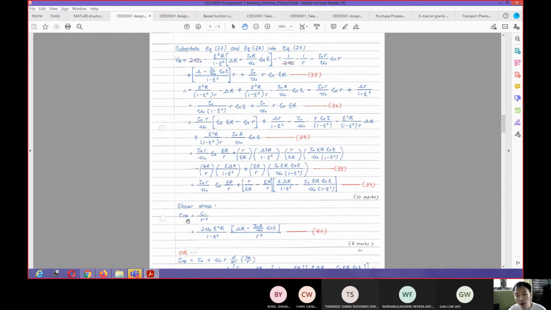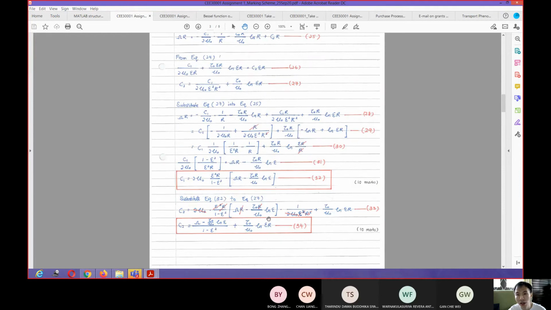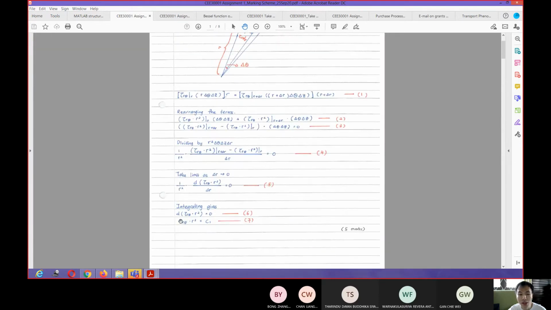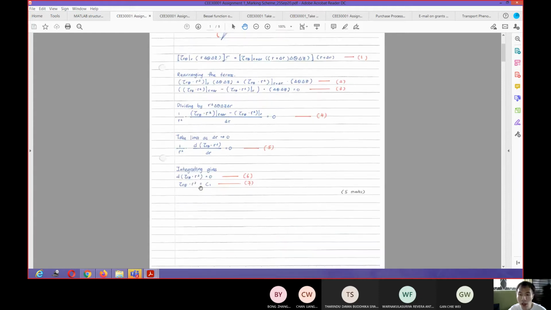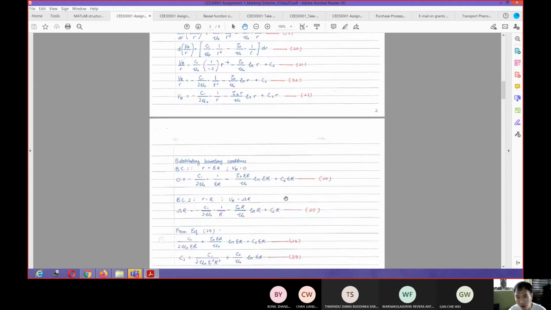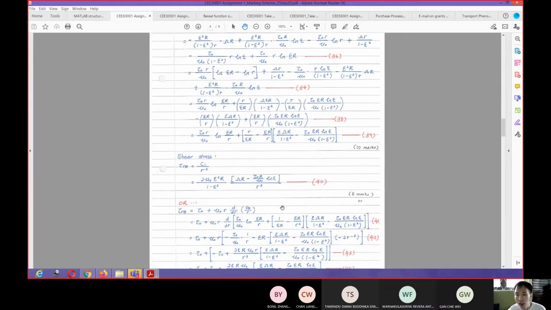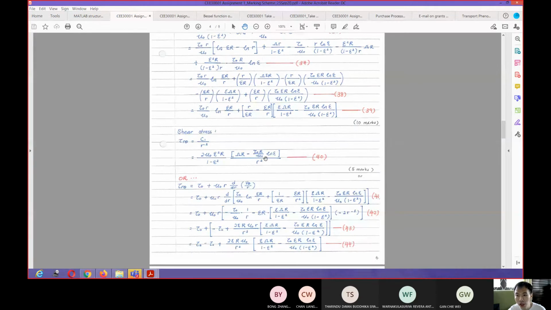And then in a similar way, you get your Tr-theta here will be equal to C1 divided by r squared. You get this by substituting. If you have derived the C1 already, then you just plug in. You go back into these equations, then you get this Tr-theta. That one will be equal to C1 over r squared, so it is inversely proportional to r squared. Then you put it into this one, and you should get this shear stress.